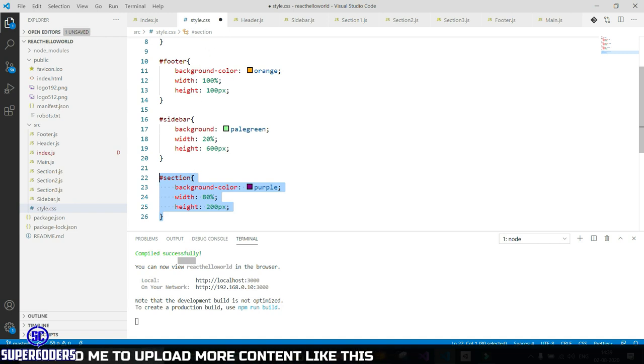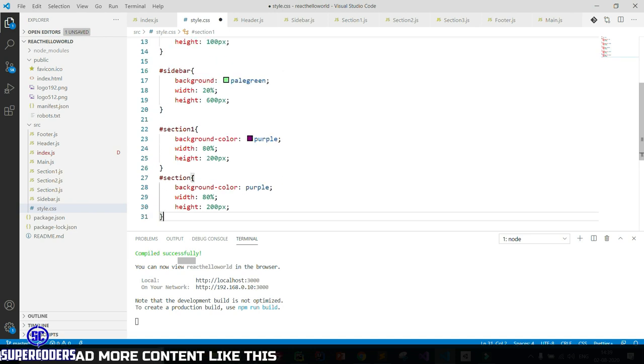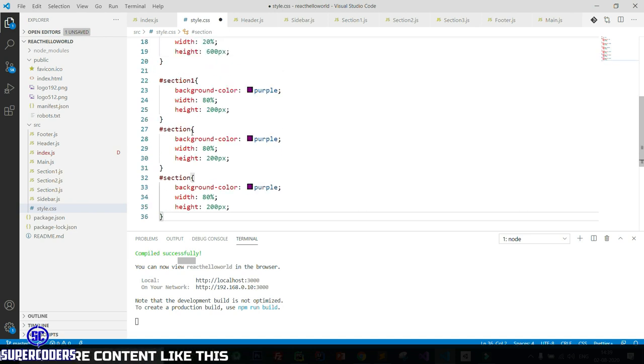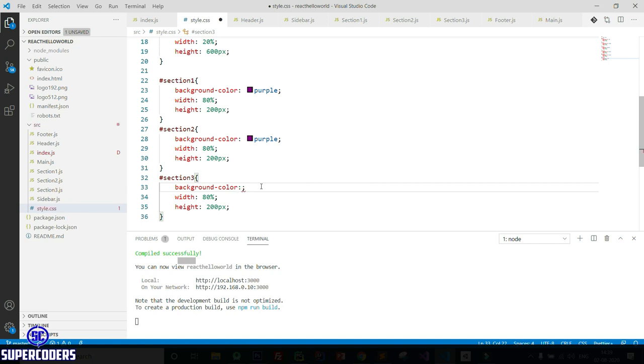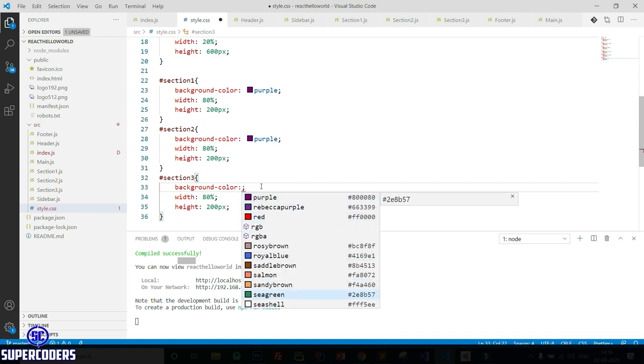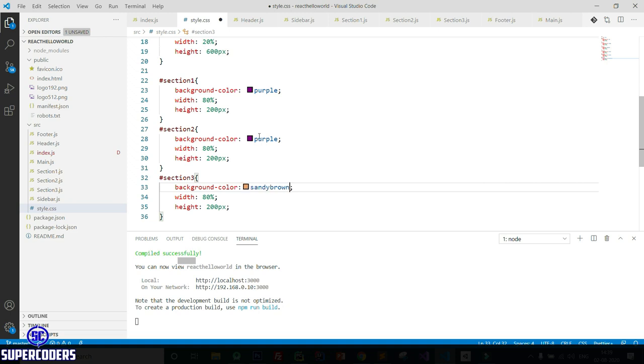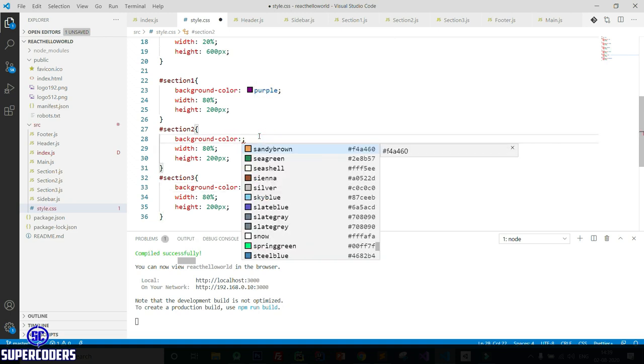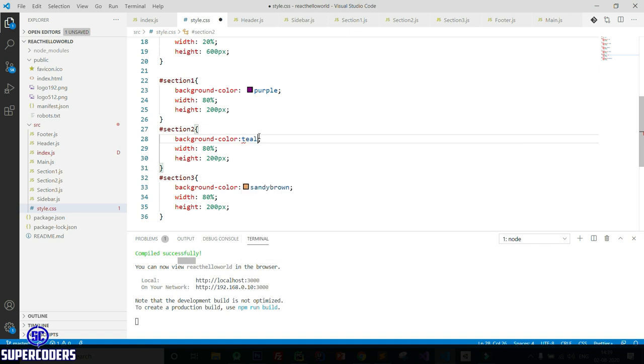Copy this and change it to section 1, paste here, section 2, section 3, and change it to sandy brown, and change it to teal color.